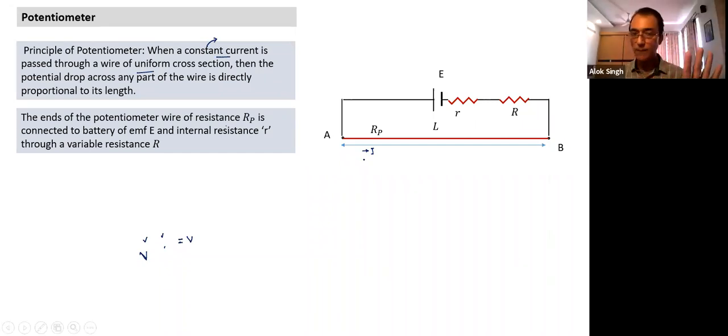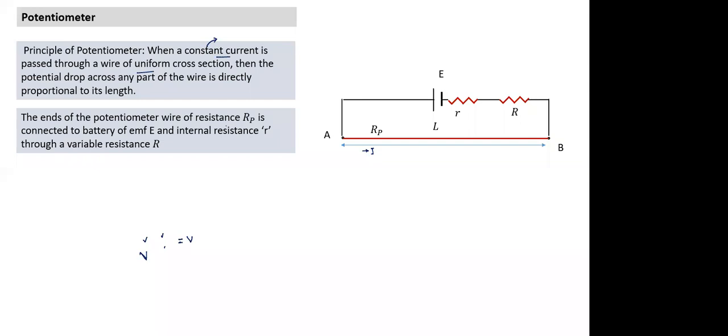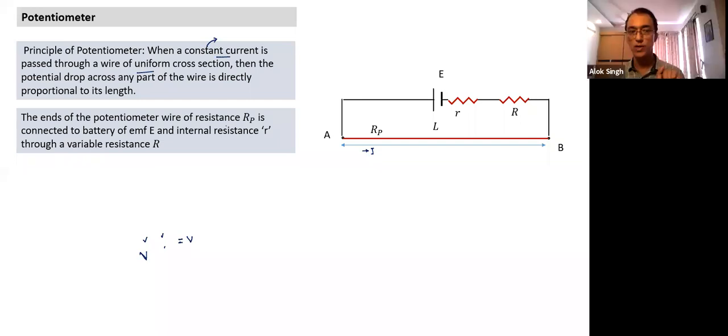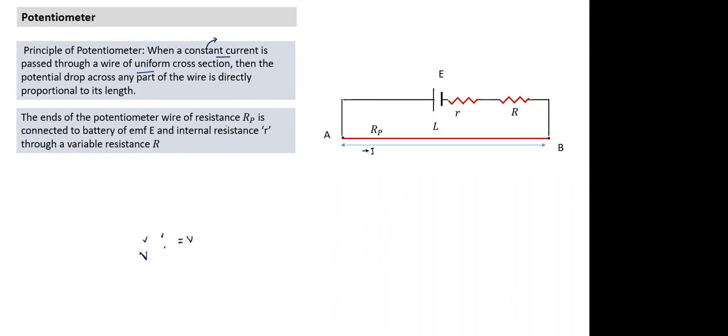So in between what is happening, we are ignoring. We are only looking at the state when it has come to the balanced state. So why are we taking 5 to be constant? Because the current in the primary circuit remains unchanged. That's a key point here. If the current in the primary circuit changes, of course 5 will change.